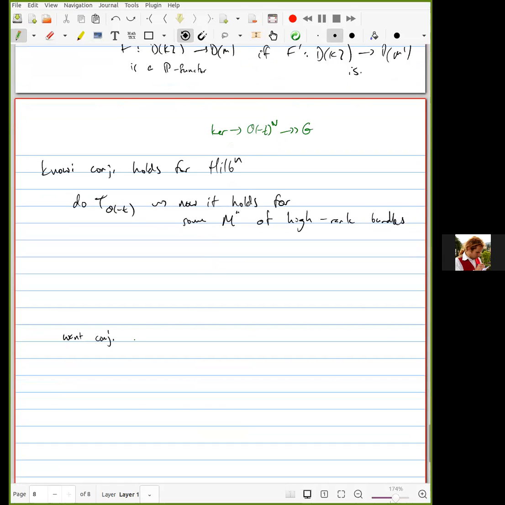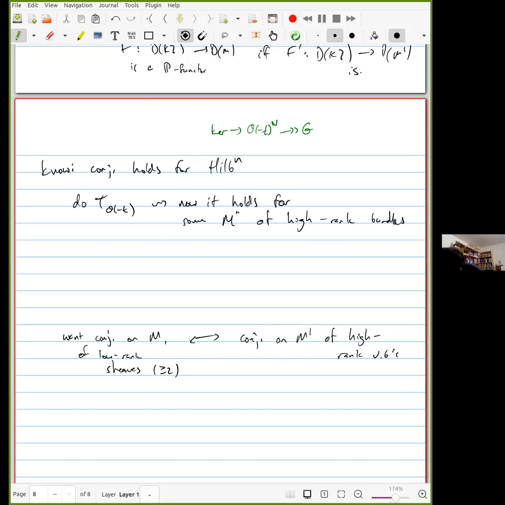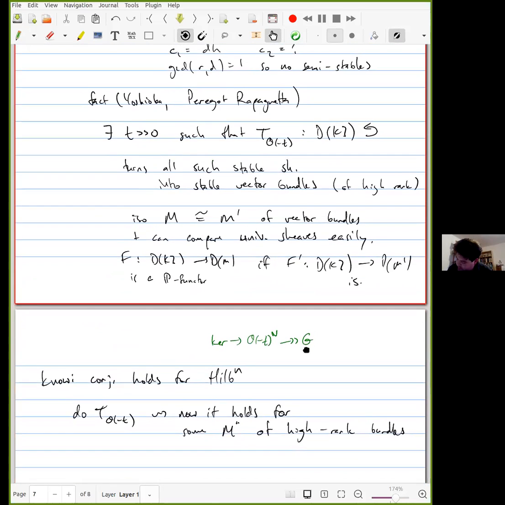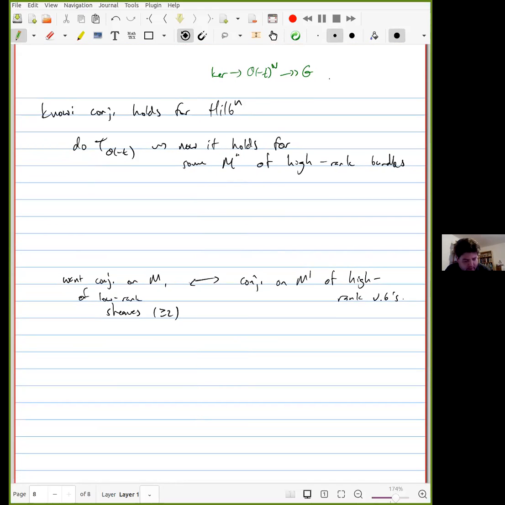Yeah, sorry. So I want the conjecture on this M, and that will be equivalent to the conjecture of this moduli space of maybe low rank sheaves, of rank at least 2, but not very big. And that will, by the same argument, hold if and only if the conjecture holds on this M prime of high rank vector bundles. And then the input is, given this rank, first Chern class and second Chern class, we make some very careful choices so that I can get from there to there by a twistor line,